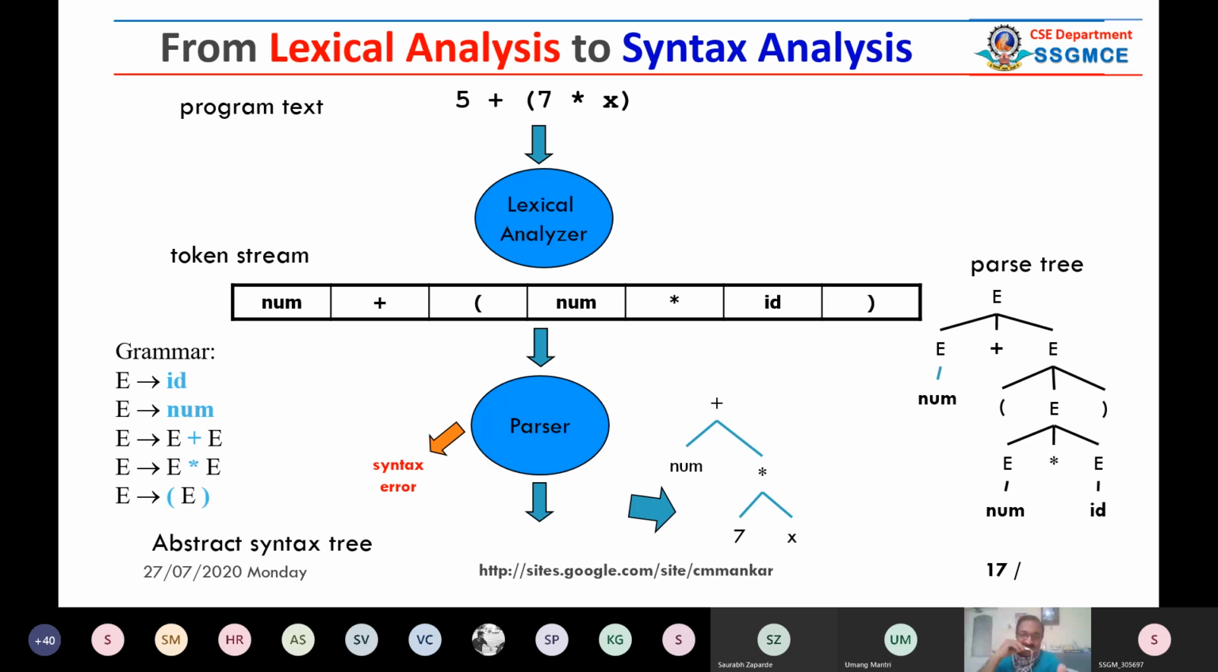Source code is read by the lexical analyzer. The lexical analyzer reads the source code character by character and identifies the tokens. Now here 5 plus 7 into x is there. So 5 is a number, 7 is a number, and x is actually a variable or identifier. So it identifies each as a token. So this is token plus operator, opening bracket operator, multiplication operator, and closing bracket operator. In this way, a stream of tokens is generated